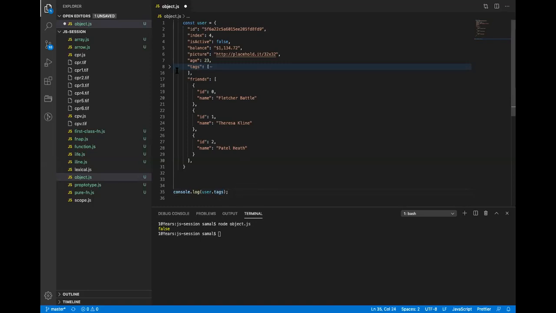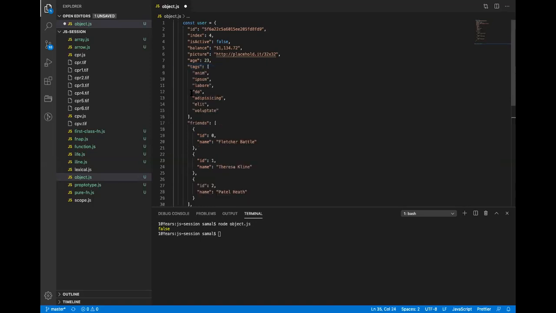What about this? How do I read, let's say, this value in this object?